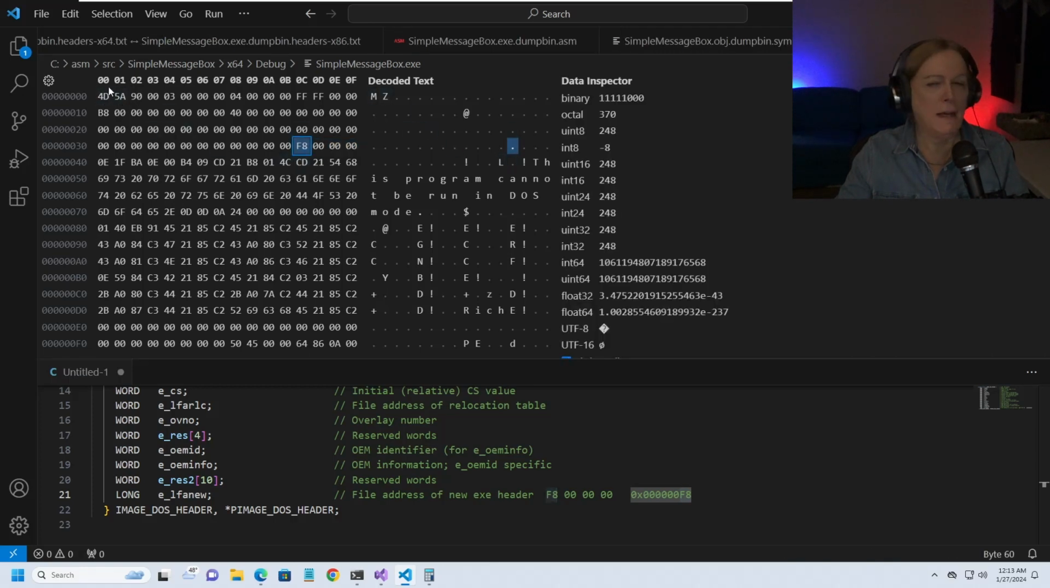So if we want to find F8 from the start of the file, you just go to the F line and go to the 8 column right here, and there's 5045. And you can see that 5045 is P and E, which is part of the PE signature. So we see